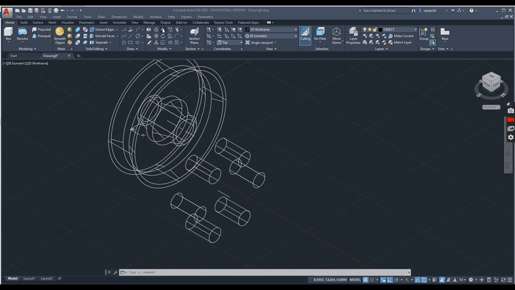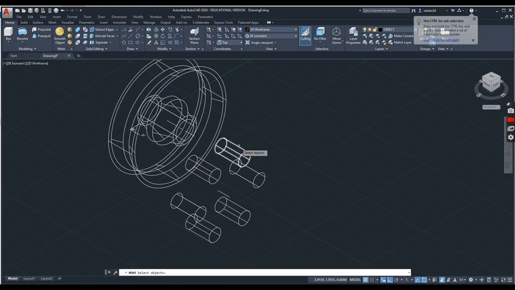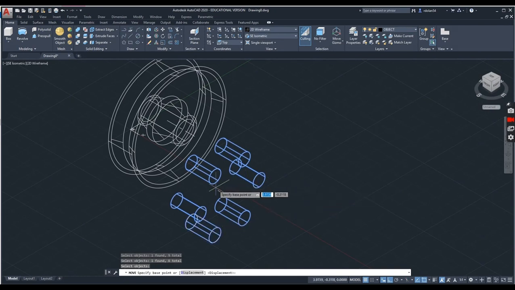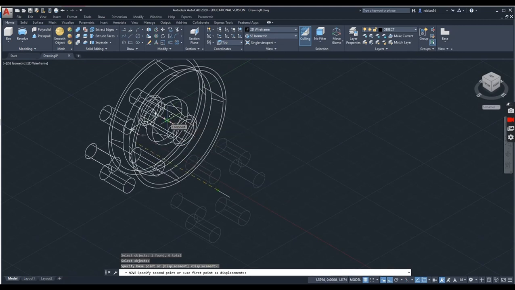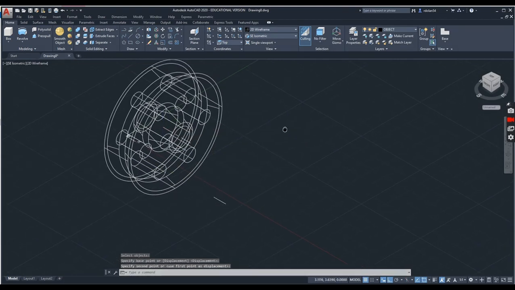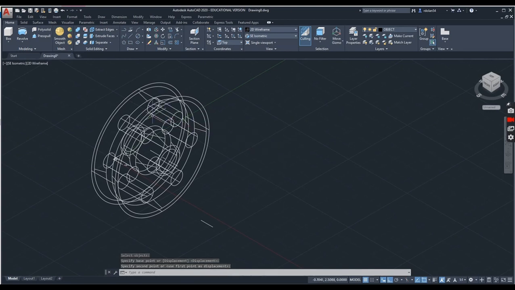So I'm going to go to the move command, and I'm going to click on these 6 cylinders. The base point is going to be this end point here. If you remember, that was the middle of the cylinder. And I'm going to put it at the end point of that center line there, which was the center